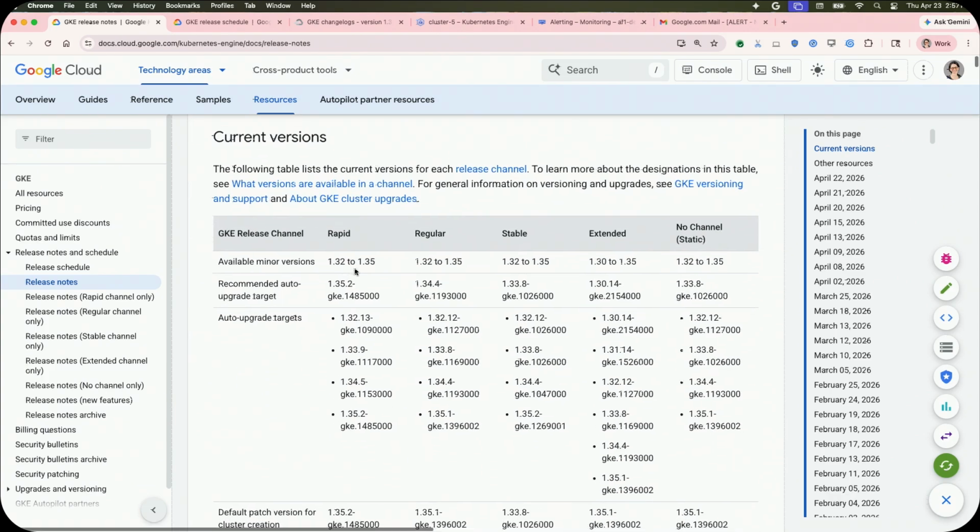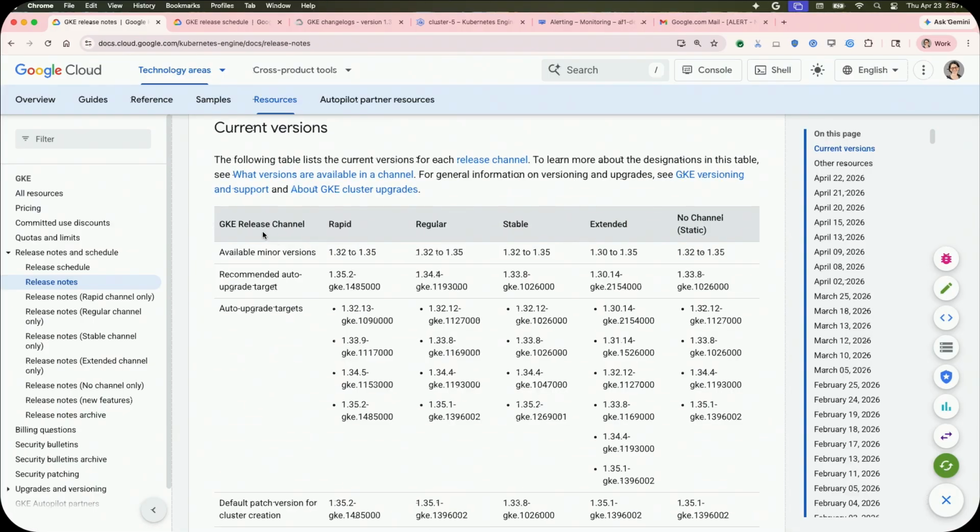As part of the release notes, what you'll get at the beginning is a summary for each release channel of what version is available, what version is the auto-upgrade target, and if you have constraints on your cluster, let's say an exclusion for minor, you're going to get some other special auto-upgrade target. So you can have all that information in one place.